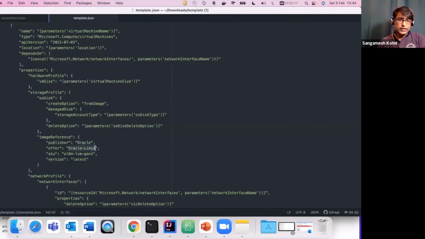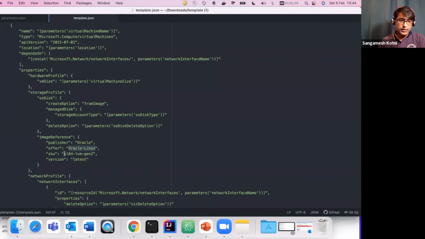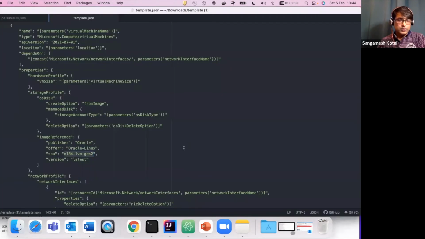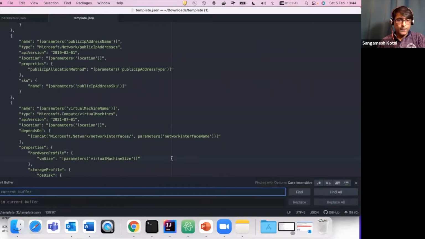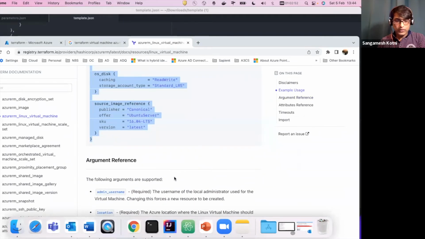So you can get this from the internet, as well as if you try to create a virtual machine, it will allow you to download the templates, right? So from templates also you can get these details. Okay, so I would be going for, rather than standard, I will go for